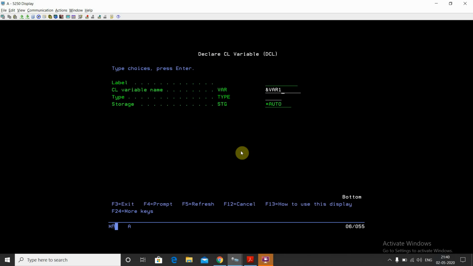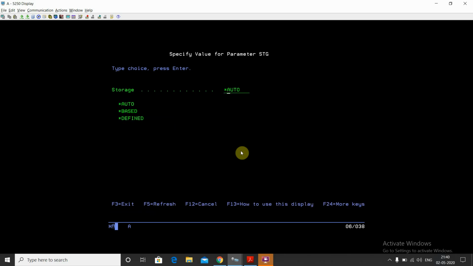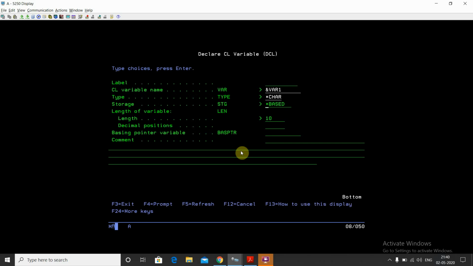Var1, and this is the type of character. Take F10. Once I took F10, I would not be seeing that option for the base variable. Now I'll take the length as 10. Once I take F4 here and select star based out of these three options, I can see another option in front of me which is prompted in this command, which is basing pointer variable.